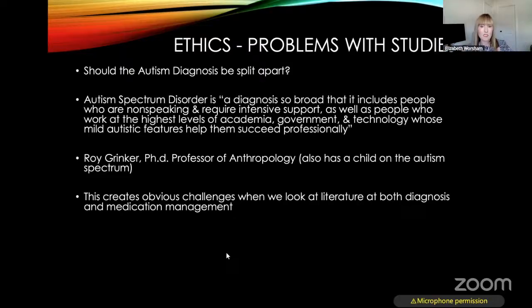diversity in that diagnosis. And few studies actually specify the different levels, level 1, 2, or 3, when you're looking at, okay, if this medicine helped persons with autism, was it mainly level 3s? Was it mainly level 1? So those are some problems that we just need to bear in mind when we look at the literature and we look at medicines for managing behaviors in persons with autism spectrum.